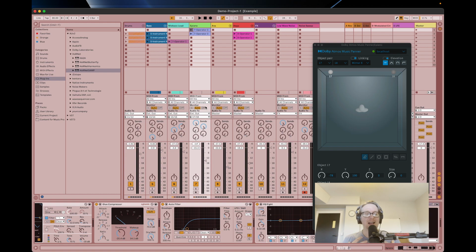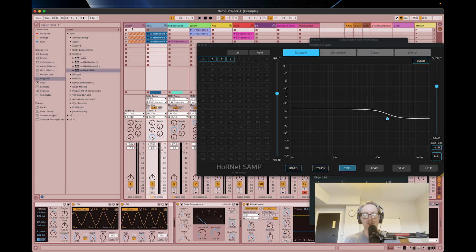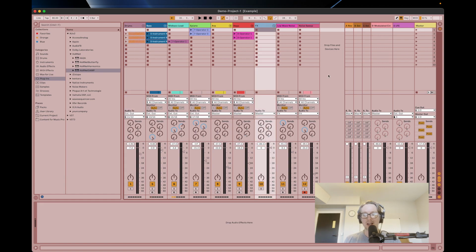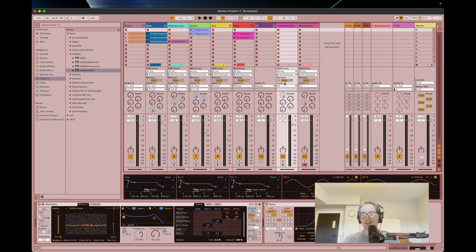So as you can see, this is all really a bit tedious. It's a lot of work to get this all set up just to start mixing in Atmos, right? And honestly, it's a little bit discouraging, especially if you have a really big project with a lot of tracks. You're starting to look at things like side chaining, right? If you've got a kick drum from your drums, side chaining for all of your synthesizers, you have to think about how that's all going to work when those synthesizers are no longer grouped and now they're individual tracks that